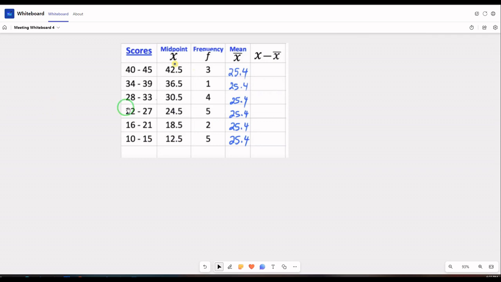Okay, remember here we had the scores, we had the midpoint, we had the frequency, we had the mean, which we calculated in the previous part, and then the next step would be subtracting each data point from the mean. Remember guys, here the data point is actually your xm. So when you want to calculate, this is your midpoint, right? So here when you want to calculate, it is 42.5, okay, minus 25.4,